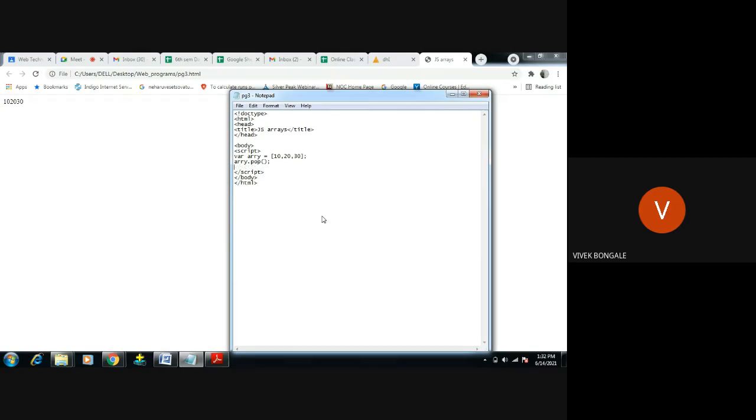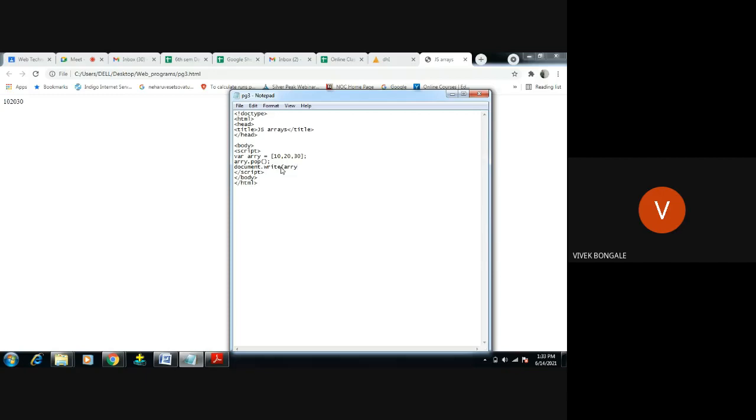So what it will do, it will remove the last value in the present array, right? Then to display that, document.write, array, right?